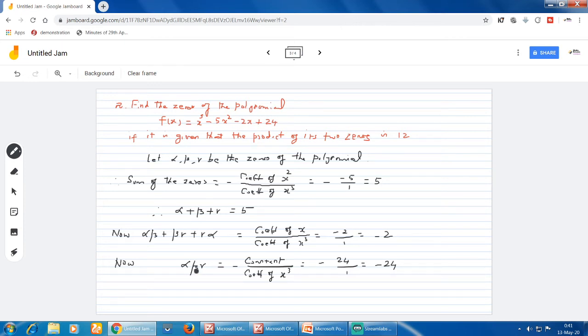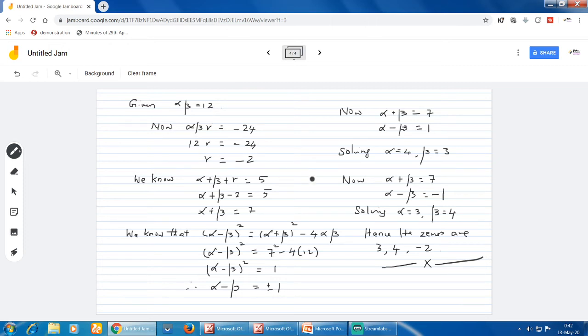Now the product of zeros, that you know already: alpha beta gamma equal to minus constant by coefficient of s cube, equal to minus 24 by 1, so we get minus 24. So you are finding everything, so that you can solve for alpha, beta, gamma. So next step,